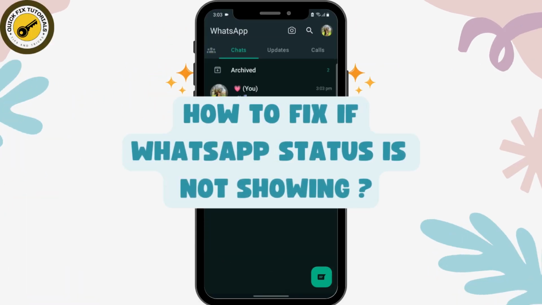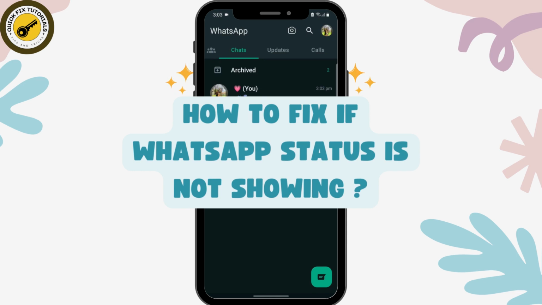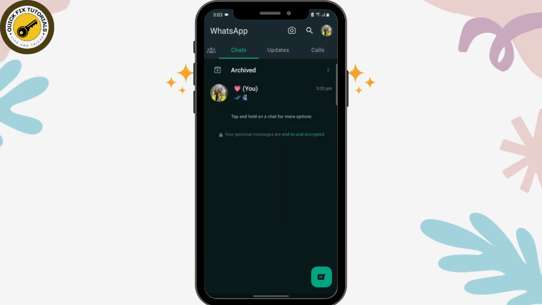How to fix if WhatsApp status is not showing. So if the status of your friends or your own status is not showing in WhatsApp, then this video might